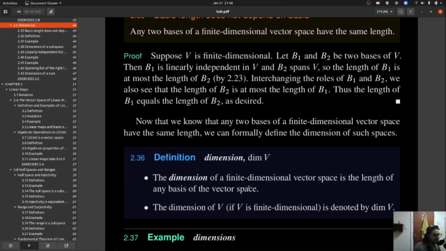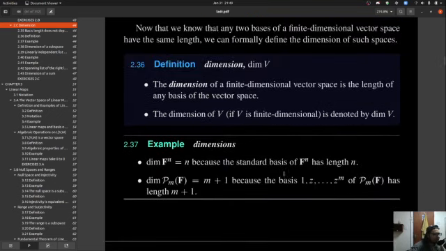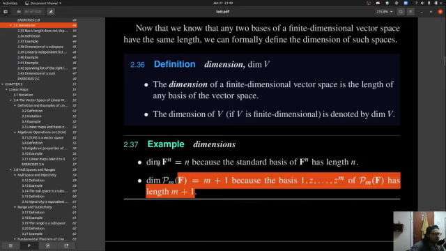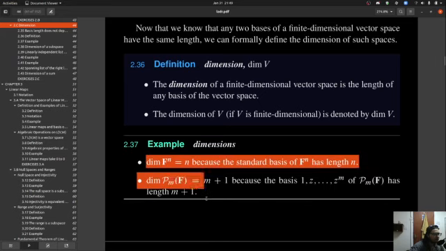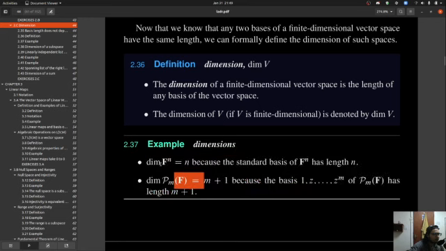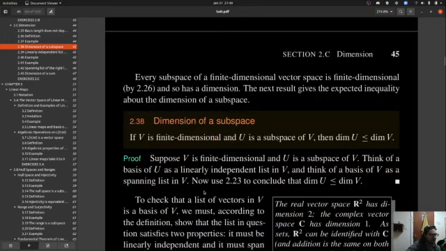The dimension of V, if V is finite dimensional, is denoted by dim V. Dim F^n equals n because the standard basis of F^n has length n. Yes, those are examples. Every subspace